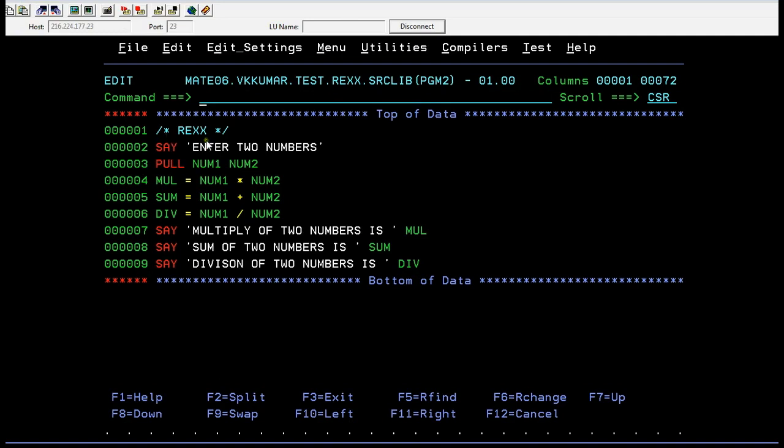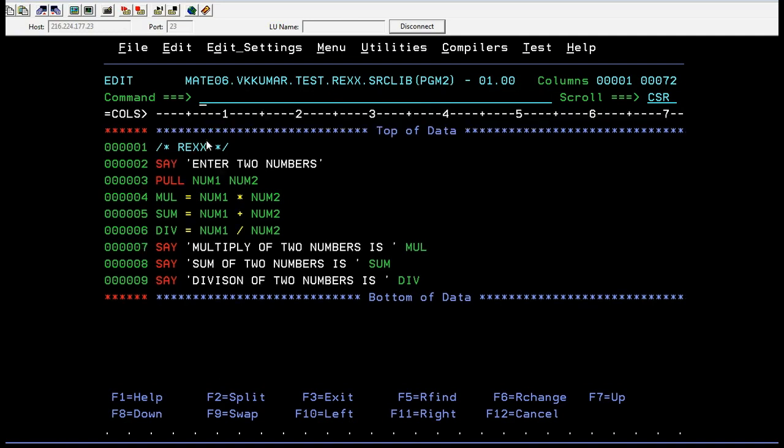So as usual, your REXX coding starts with /* REXX */, and you have to enter two numbers. Then you pull the two numbers from here, pull num1 num2. So after entering the values in the console, the data gets stored into those two variables. Here I'm going to perform three different kinds of arithmetic operations, that is multiplying using the star, and